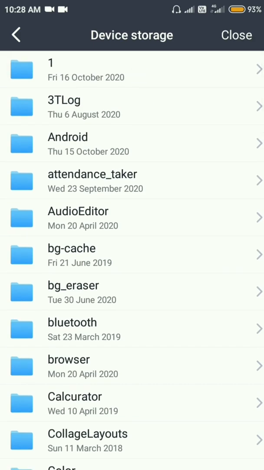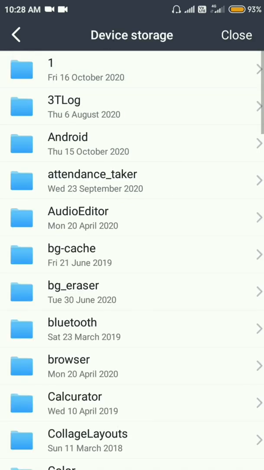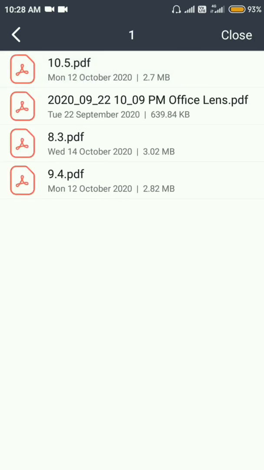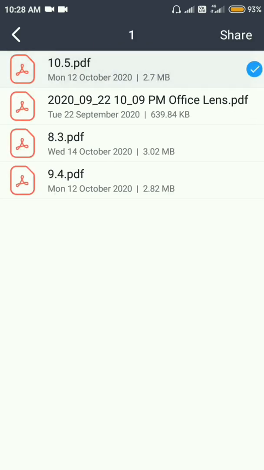See, I have saved the PDF to the folder which will always be on the top of the list, that is one. I saved it so because it will be easy while sharing in a Zoom meeting. Now you can see here directly this folder you can open and share the PDF created by Office Lens.